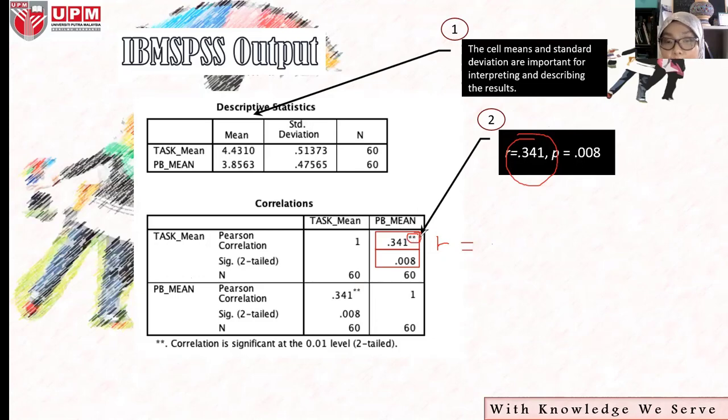Okay, so the 2 stars, how can we read the 2 stars here? By referring to the notes located below the table, in which 2 stars refers to correlation is significant at the 0.01 level. Okay, so it means that if the result is significant at 0.01, and you set your alpha at 0.05, automatically it is also significant. Okay, and then this is the significant value. So that's all. These are the only values that we need from the correlation table.